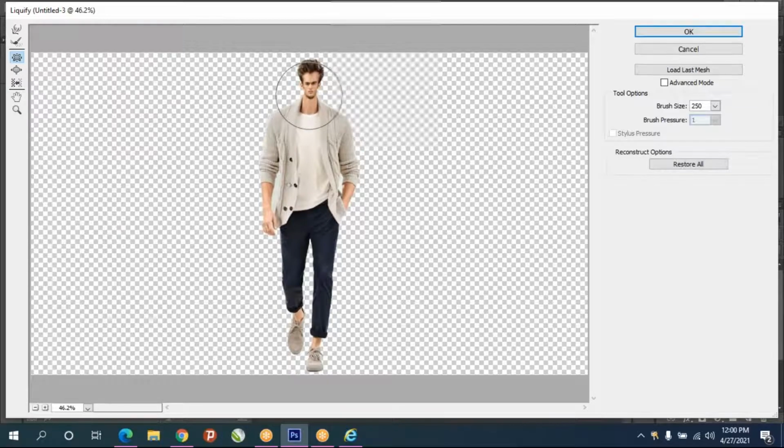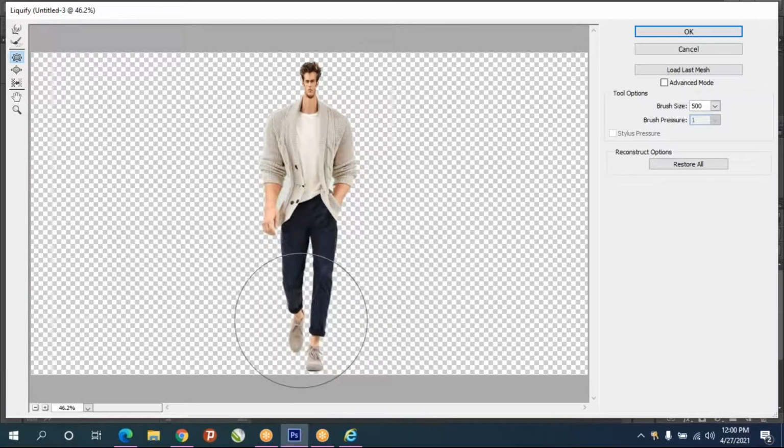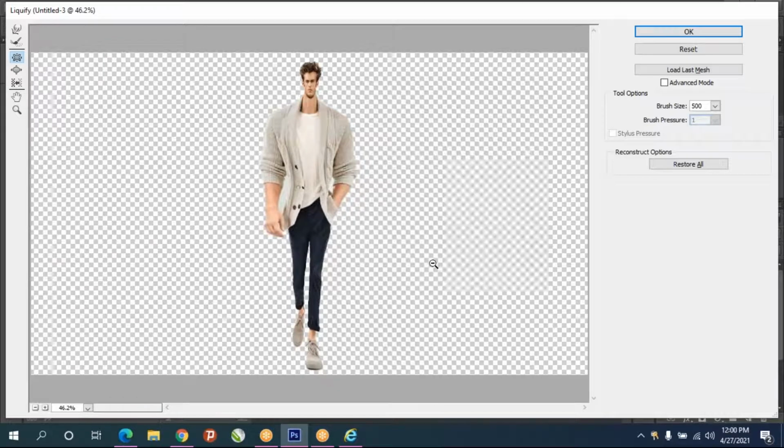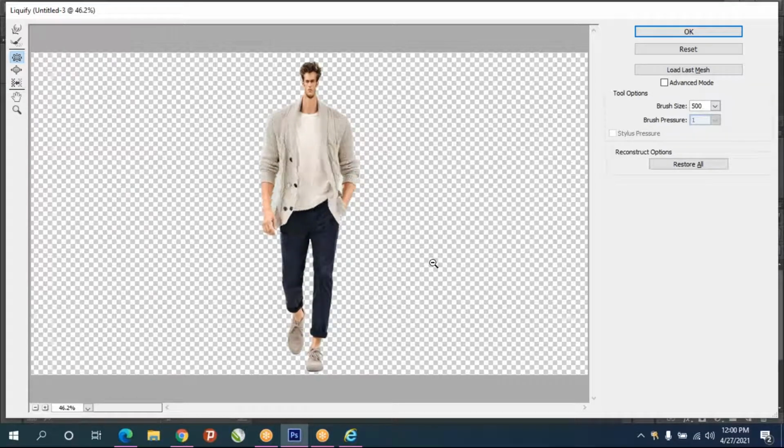See, for making funny images and all, you can use this. Like cartoon kind of images and all, you can create by using this. And this is Bloat, opposite to Pucker tool, and just increase the brush size.